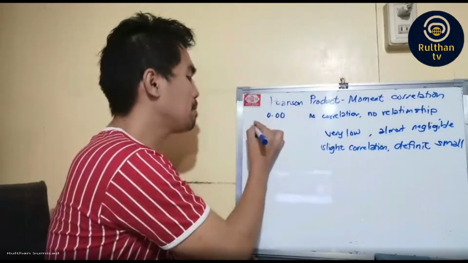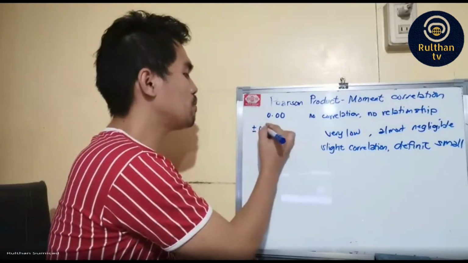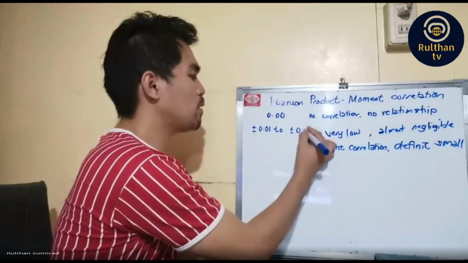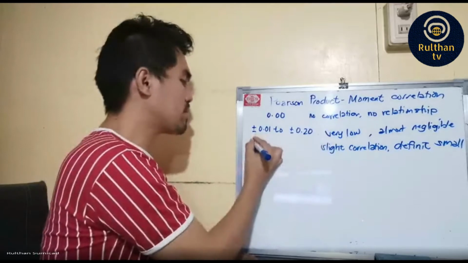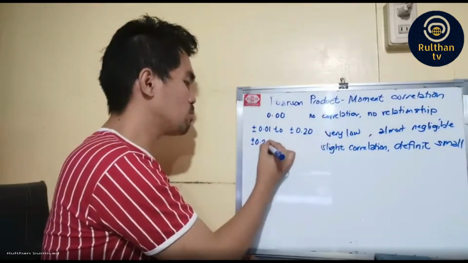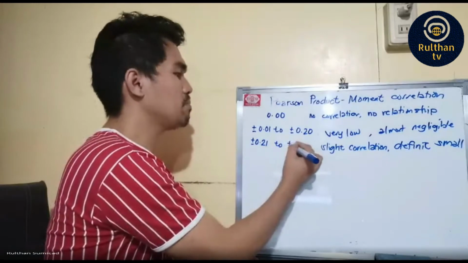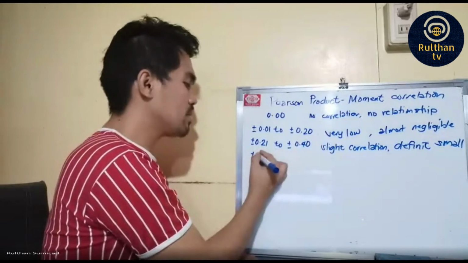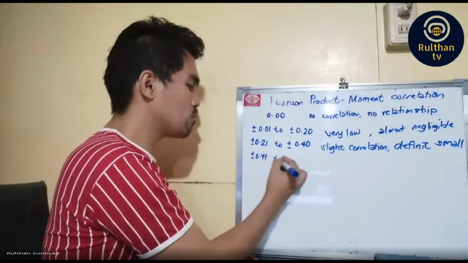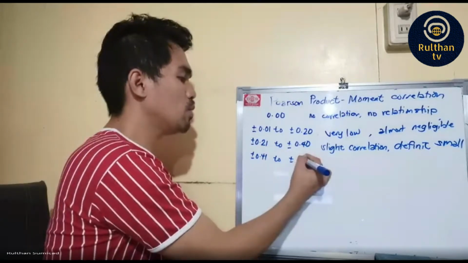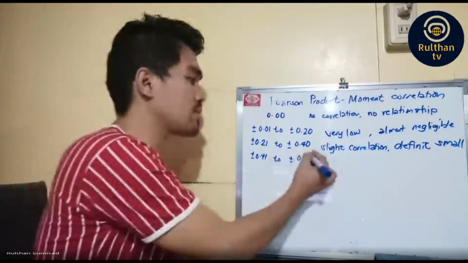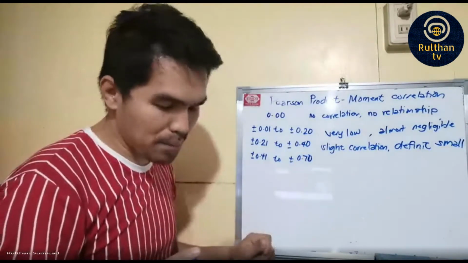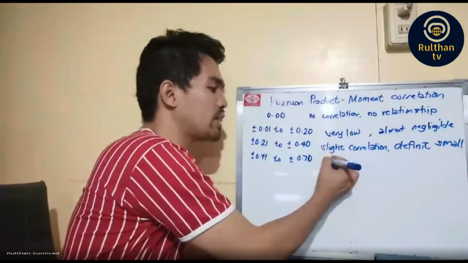Then we have positive, negative 0.01 to positive, negative 0.2. Then you have positive, negative 0.21 to positive, negative 0.40. And you have positive, negative 0.41 to positive, negative 0.70. So we have this kind of Pearson's R value, and it entails